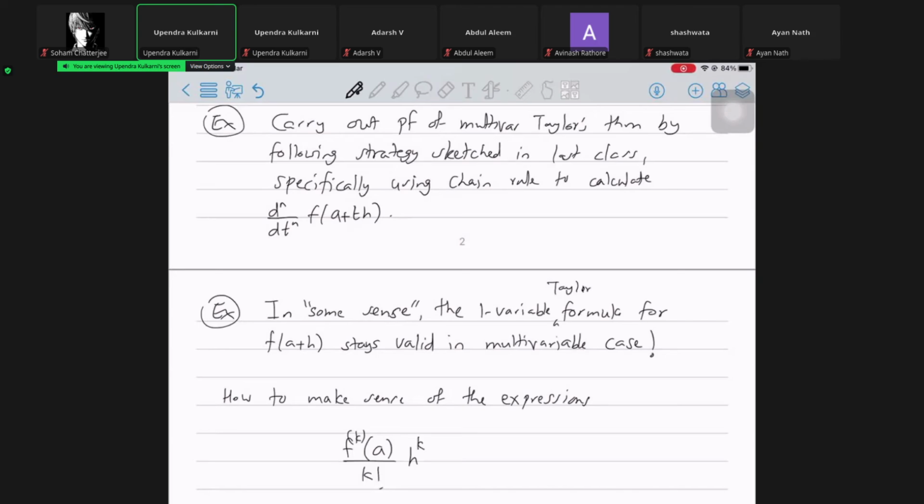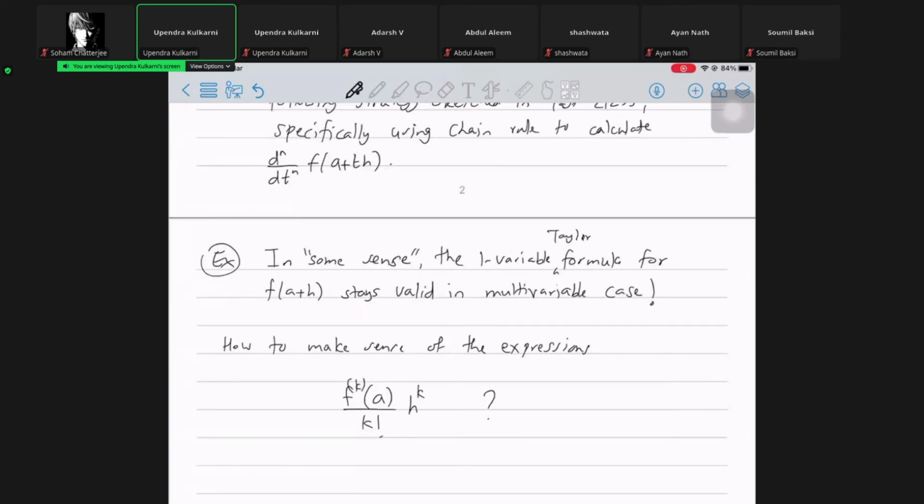As stated, it makes no sense because this is a number. But in the multivariable situation, what kind of gadget is this, the kth derivative of f at A? It's some complicated thing, no? When I take the kth derivative at a point, it is a linear map from Rm, taking values in linear maps from Rm